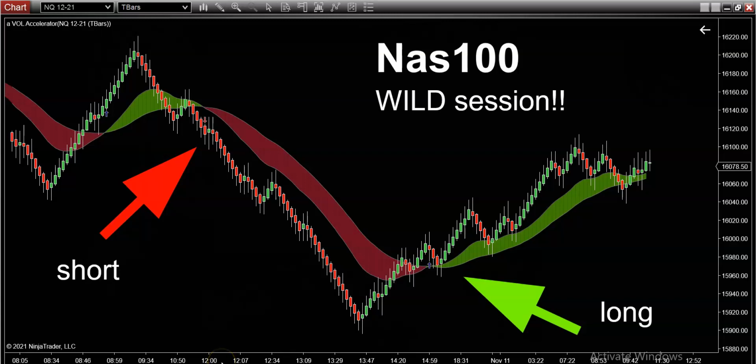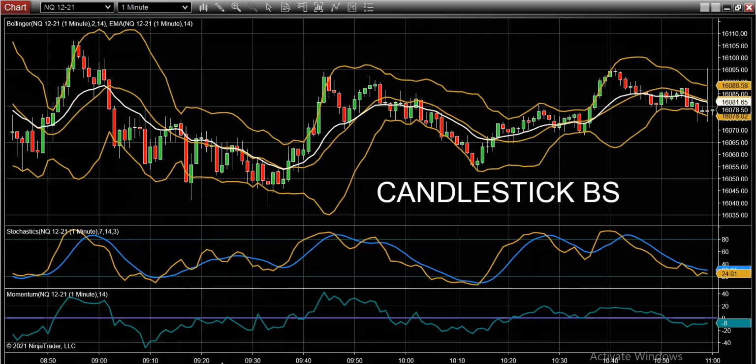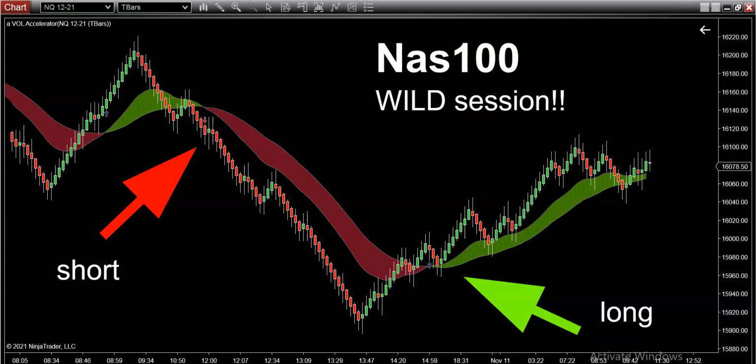Okay, I kind of feel that a lot of you guys out there are intentionally overcomplicating your trading. You're making it a lot harder than it has to be, right? For example, all you guys that refuse to give up your candlestick charts and your stochastics and your Bollinger Bands. I mean, look, this is the same symbol on the same day, except this is what a candlestick display would look like. All these nonsense garbage indicators. Whereas over here, the same exact 2-day stretch, the same exact symbol, the same everything, it was night and day